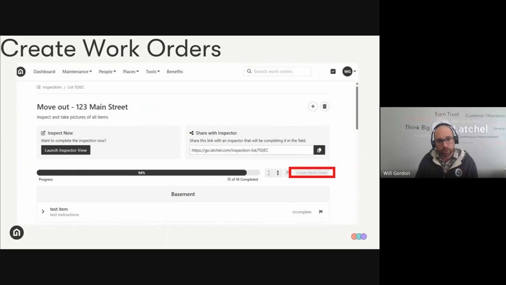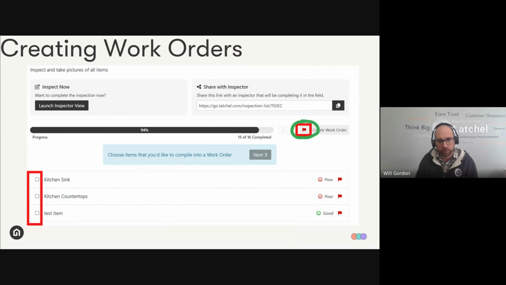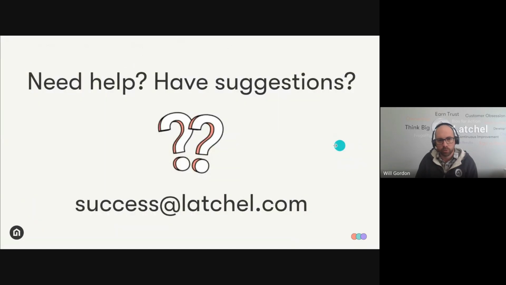And then from this view, when somebody's done and completed the inspections, you can go ahead and create work orders. So there's a button right there to create the work orders. Just click that, and you can select. By default, we show all of the items that have been flagged for follow-up. But you can expand that, see other items. Maybe you want to do additional work as well, and just select each one of the items that you want to have in the work order. Go ahead, create the work order,